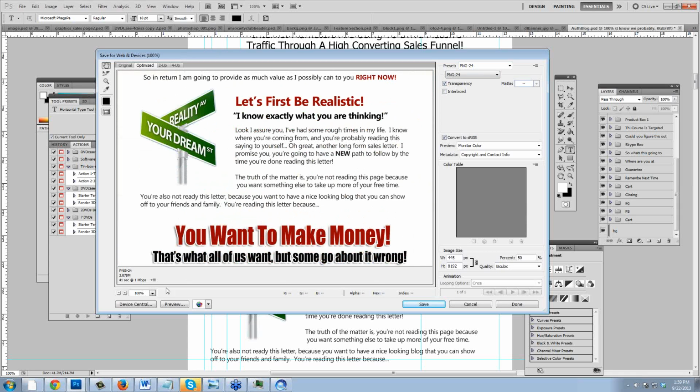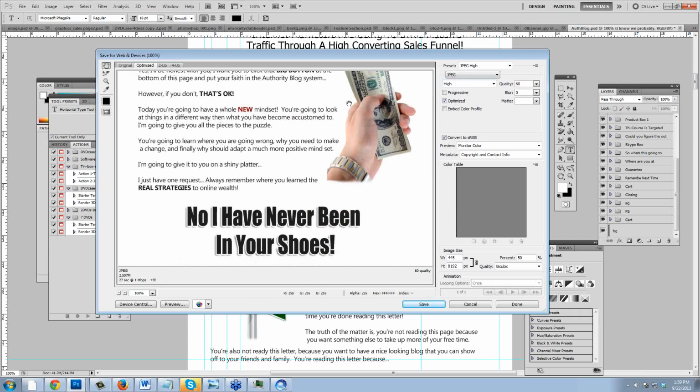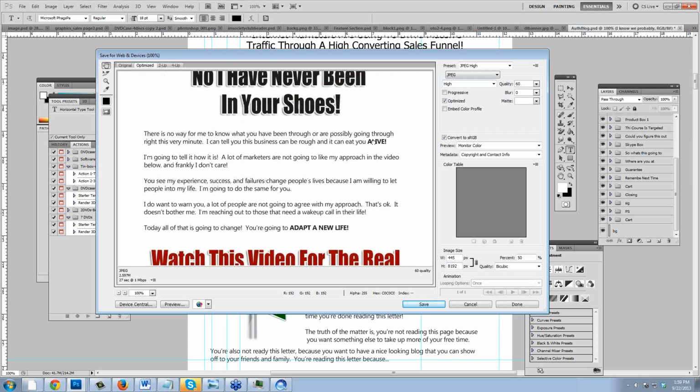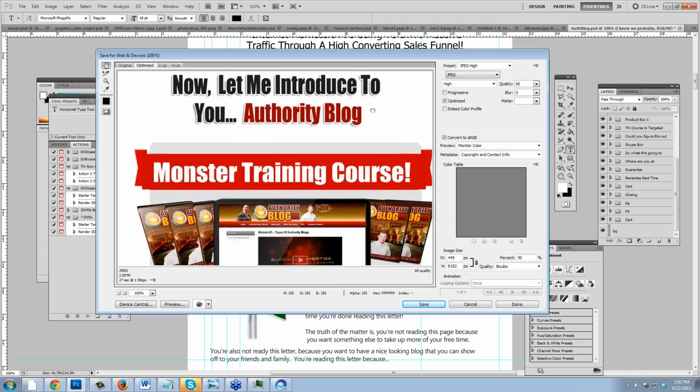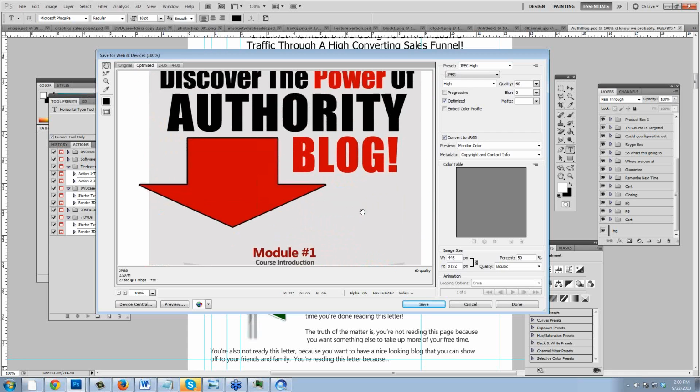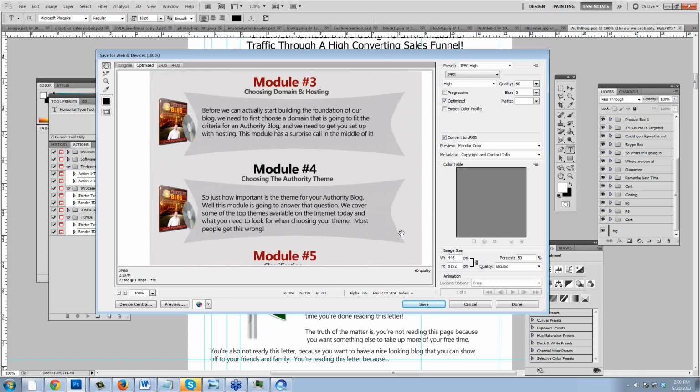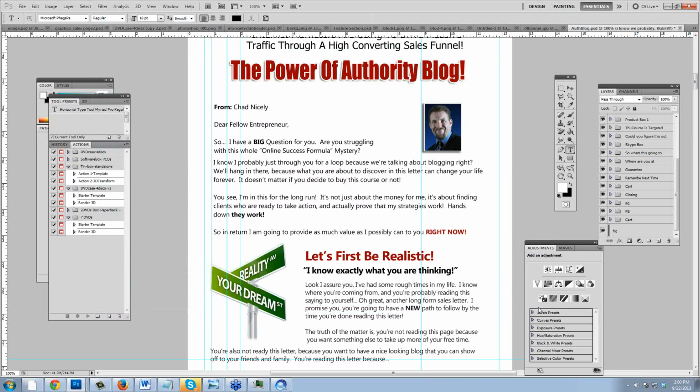This whole entire page right now would take 41 seconds to open. If I come down here to JPEG, let's see what it takes now. It takes 27 seconds to open. Am I worried about that today? I'm not, because I have a video up at the top that instantly plays and is capturing their attention while this page is loading. Okay? So there you go. That's how we do this.